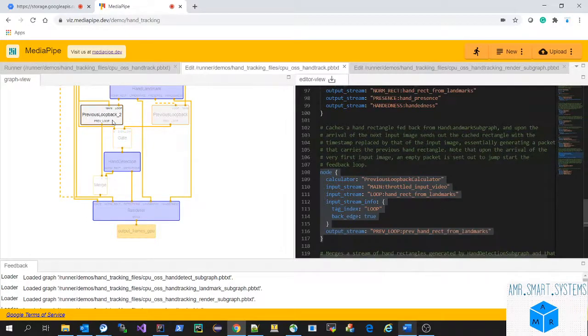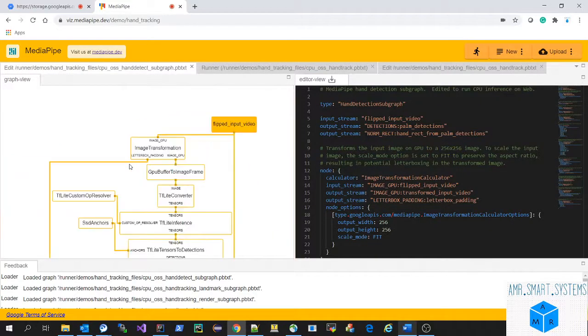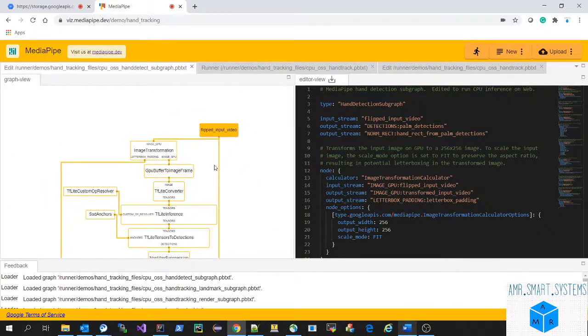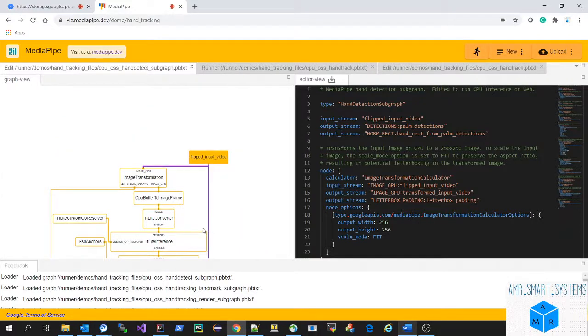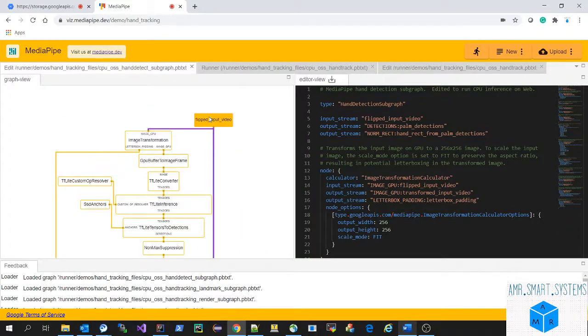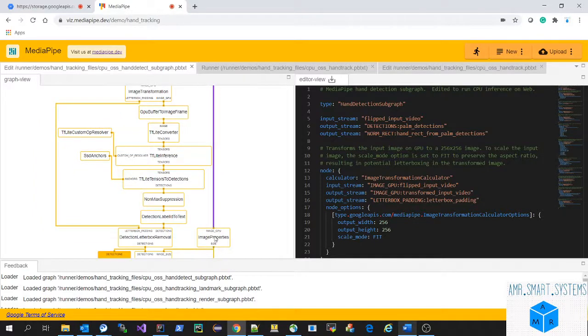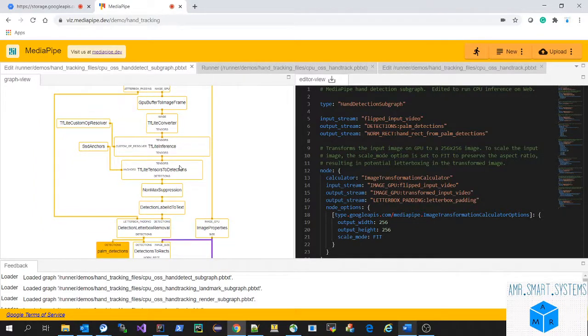The previous loopback 1 and 2 means the previous frame and the next frame they are taking here, and then passing it to the hand detection. You can see they're passing the flipped input video two times, two inputs, two blocks to the image property, and later combining the results. That's why they are able to provide better quality.